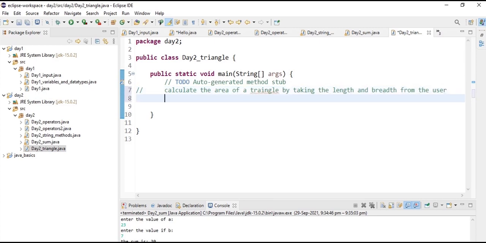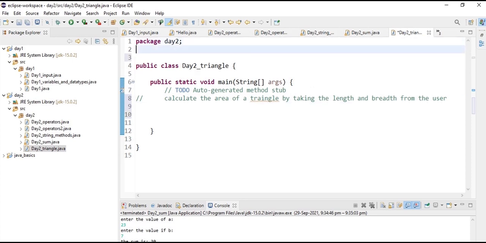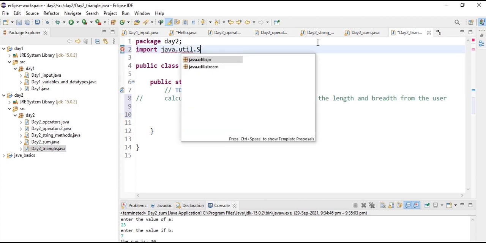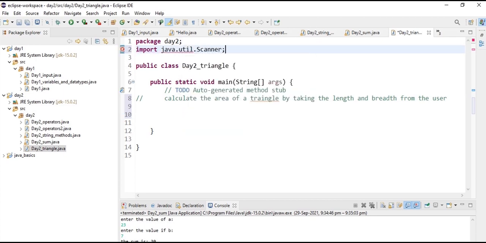So as soon as we see that input from the user, we need to import this Scanner class which is available in the util package. So import java.util.Scanner, and make sure that Scanner's S is a capital letter, otherwise you'll get an error.